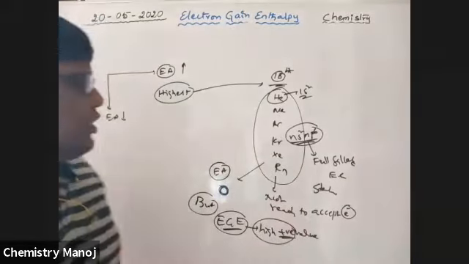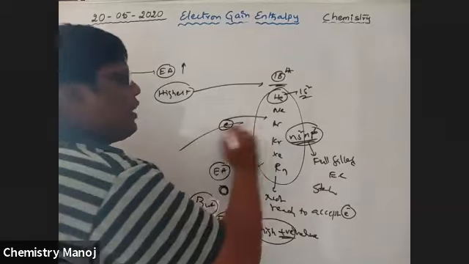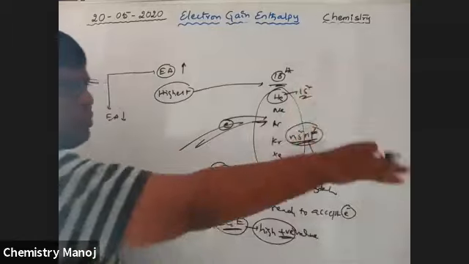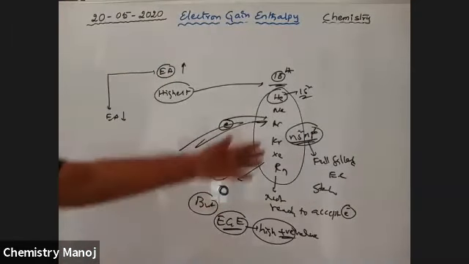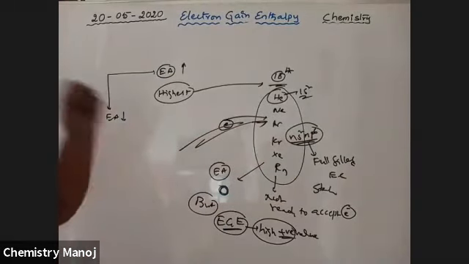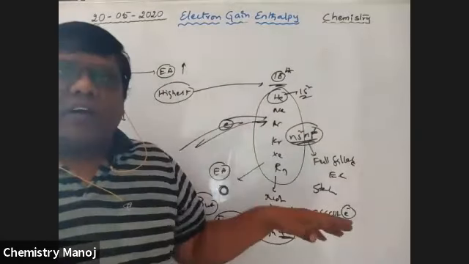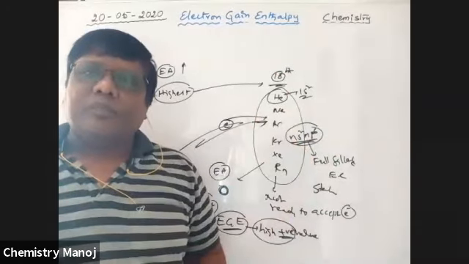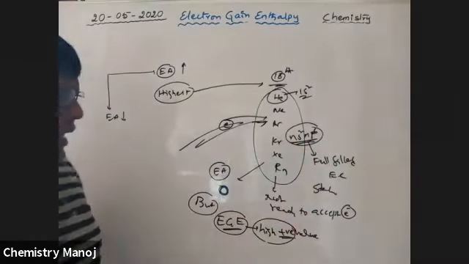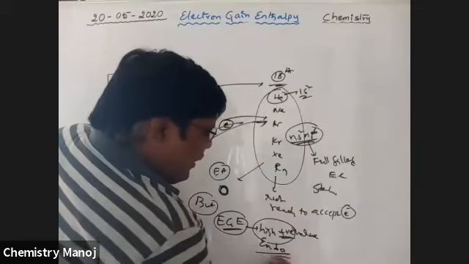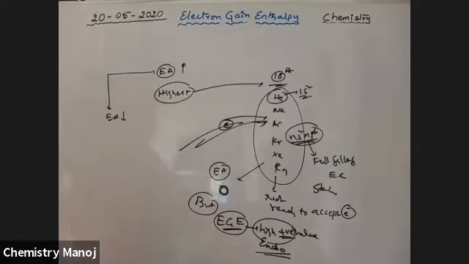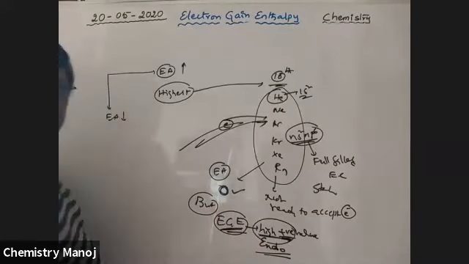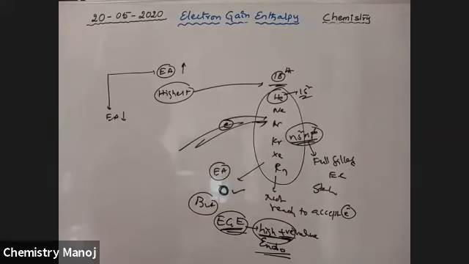It is not easy to add one electron. More and more energy is applied to push that electron into the outermost orbit of that gaseous atom for noble gas elements. A very huge amount of energy is required. That's why the values are higher positive, which means an endothermic case. Electron affinity is 0, and electron gain enthalpies are higher positive for noble gas elements.